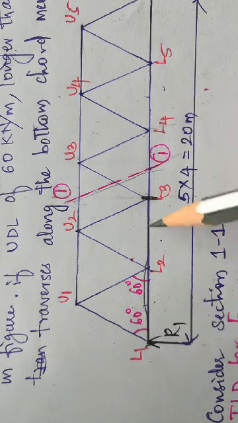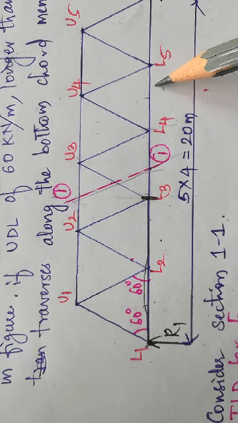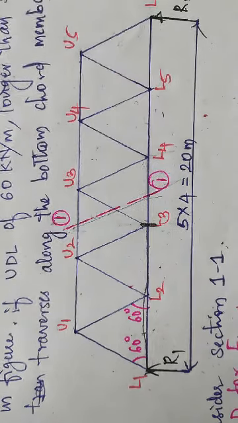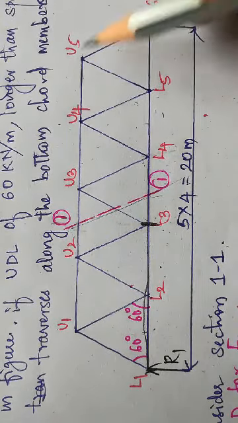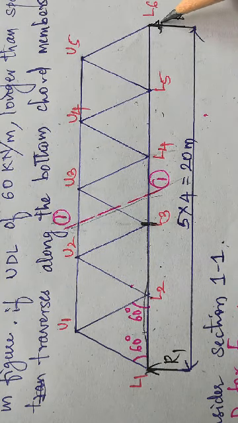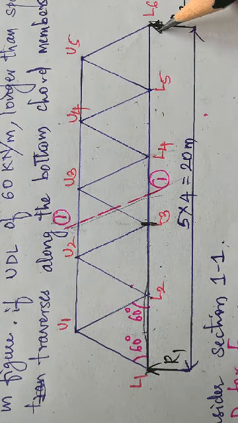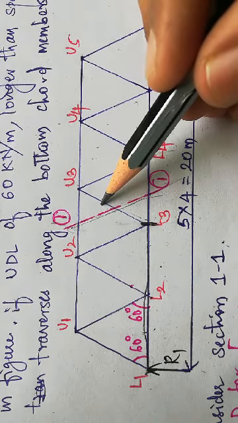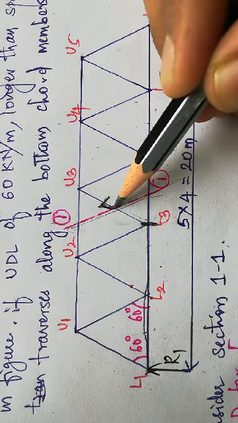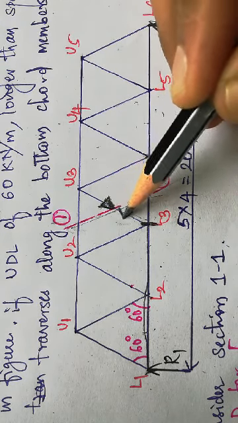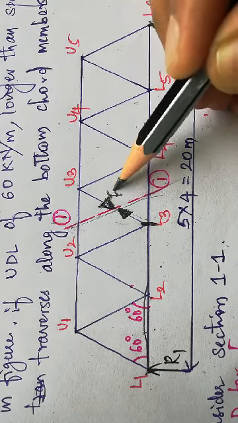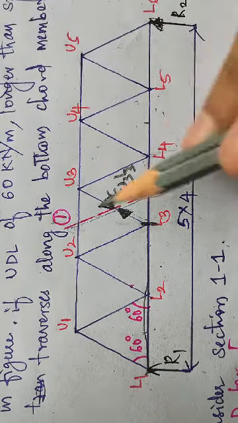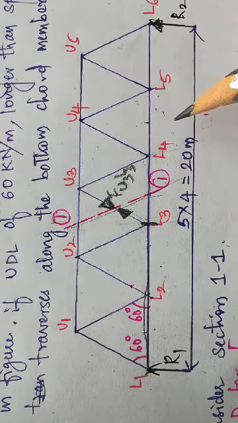Now when I am considering the load in this part, I have to consider the equilibrium of the right hand side. When I take the equilibrium about the right hand side, I have this force that is acting on the top side, and I have this inclined force. So let me consider an equal and opposite force, and this force I'll name it as U3, L3.